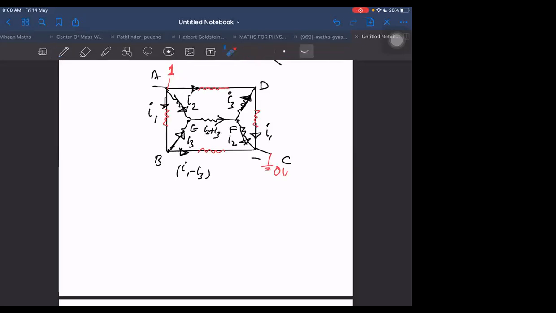AD branch is, if it is I1 minus I3 here, then by the same logic it should be I1 minus I3 only. Is it I1 minus I3 only? Yes, because from FD we can tell. FD plus AD should be DC. FD, I2 entering. So it should be again I1 minus I3. Yes, sir. Now there are three unknowns. How many equations do we need? Three equations are enough to get the answer. So we can start from 1 volt and go to this side, or we can go from this to this side. But I should include this 1 and 0, I think.